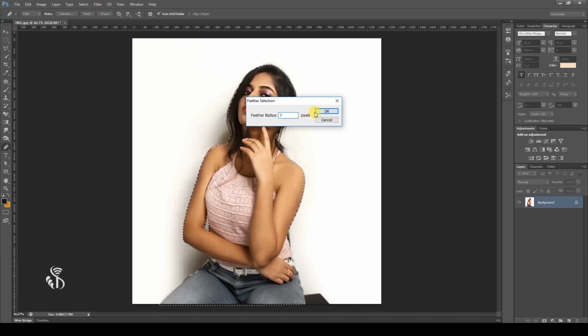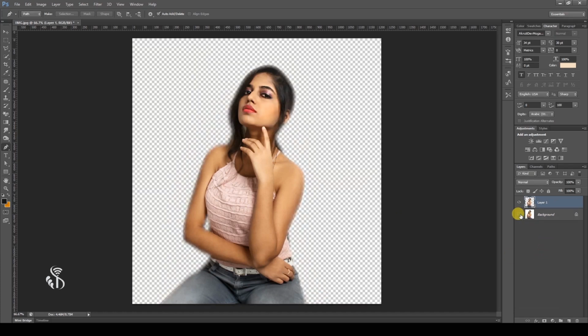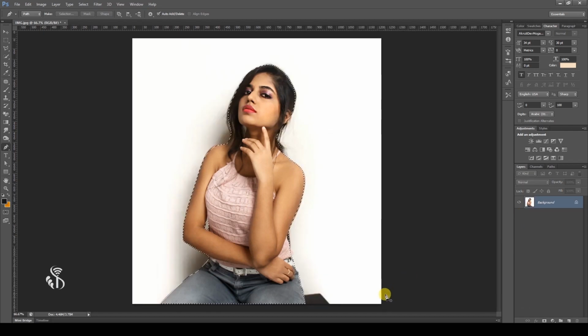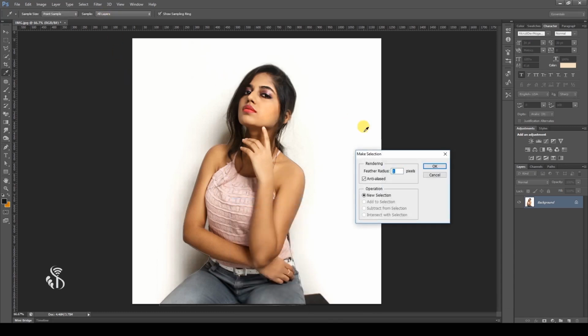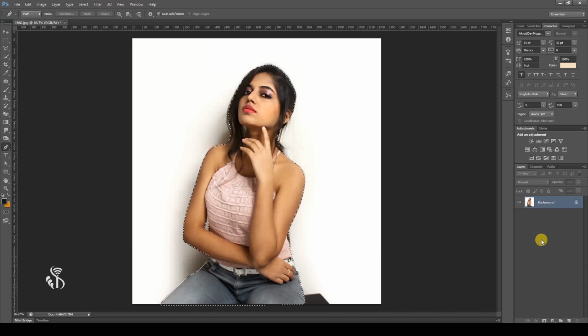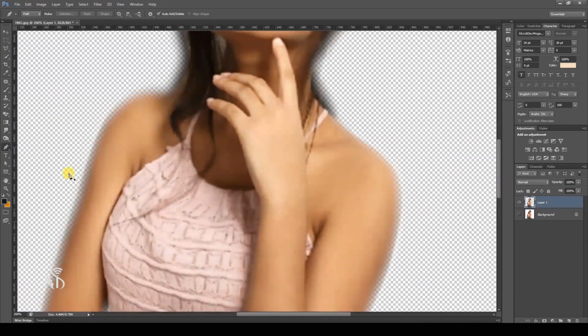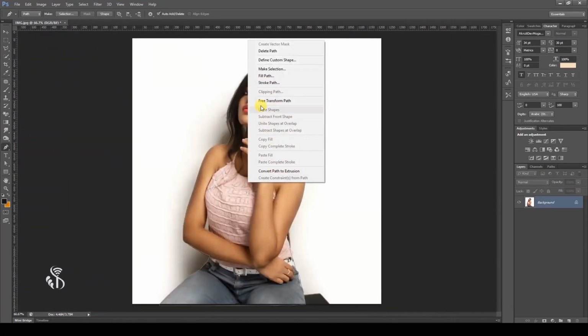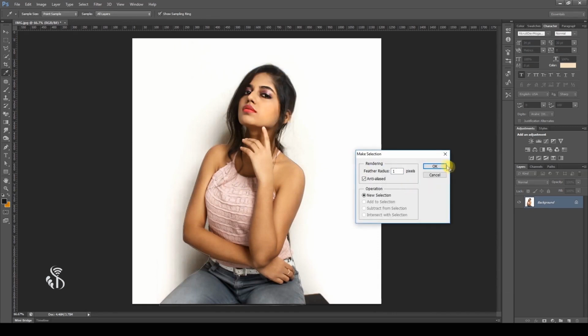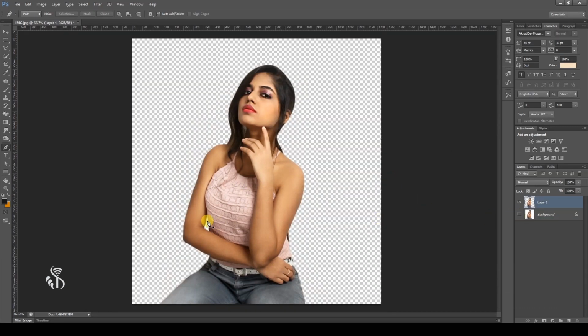And according to your photo, set the feather in pixel. Only then your cutting will appear natural. Now observe this. Earlier we had set the feather value as 7, because of which the edges appear over smooth. But when we change the value to 1, then they appear natural.